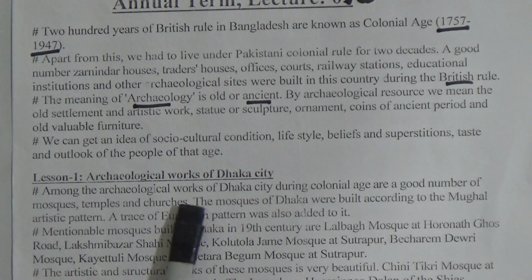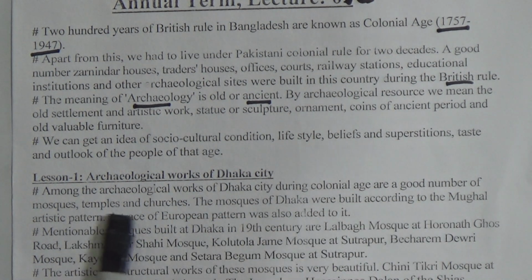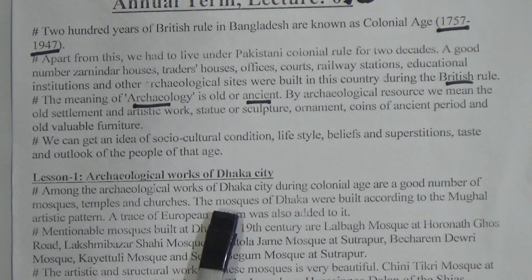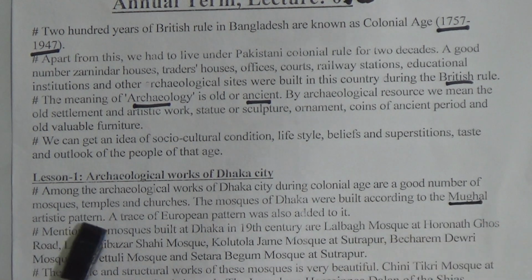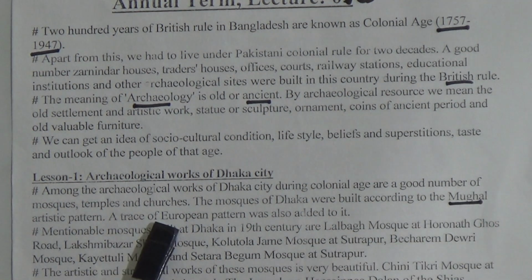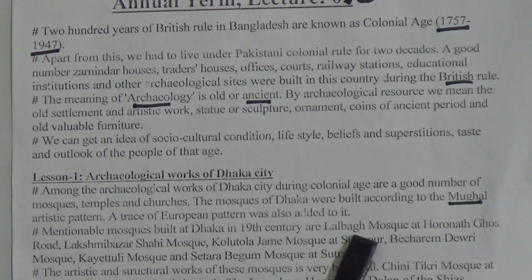Among the archaeological works of Dhaka City during colonial age are a good number of mosques, temples and churches. The mosques of Dhaka were built according to the Mughal artistic pattern. A trace of European pattern was also added to it. Mentionable mosques built at Dhaka in 19th century are Lalbagh Mosque